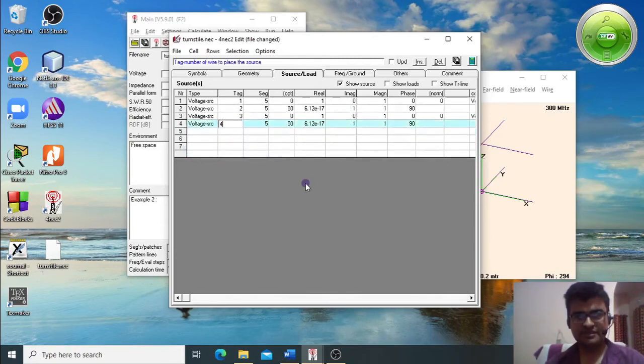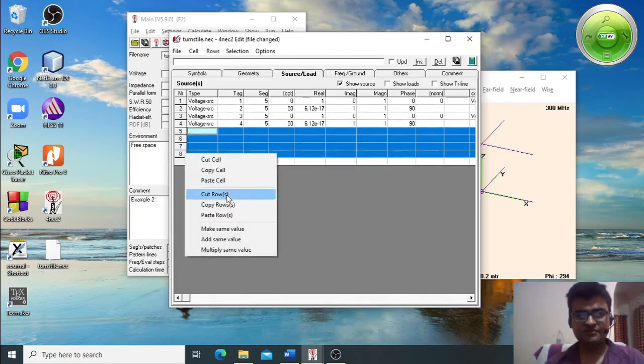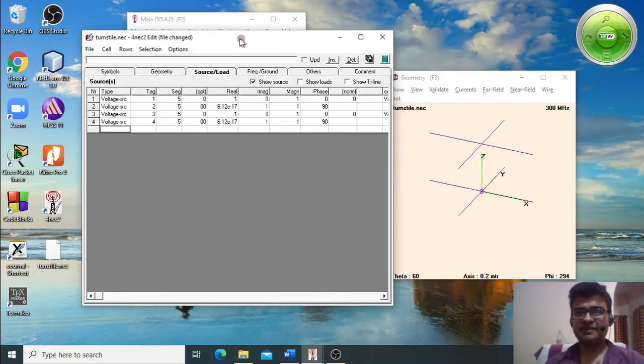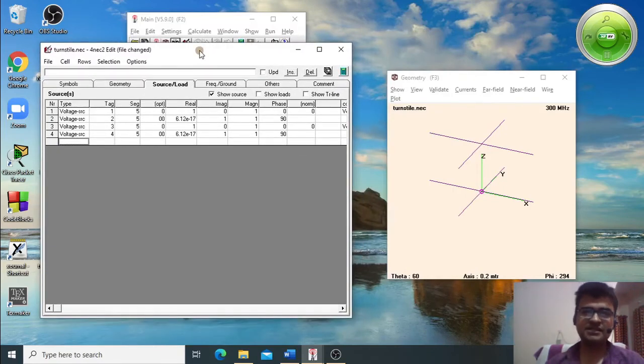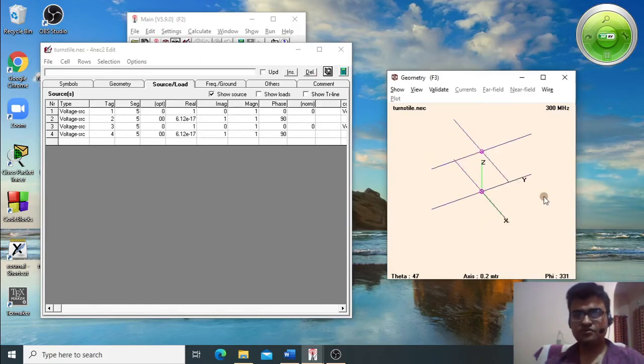the fourth antenna. So what we are doing here is we already had two supplies. We copied both of them and made 4 supplies. 2 supplies are being supplied to the lower turnstile antenna and the rest of the 2 are being given to the upper turnstile antenna. So I've saved it. Let's see, you can see a small circle here. This circle denotes that we have given the supply. So let's try and see whether it works or not.